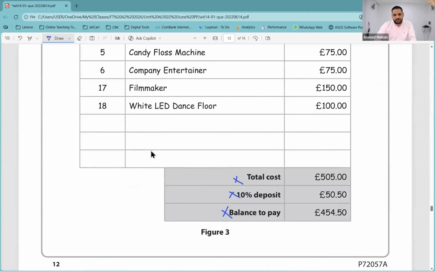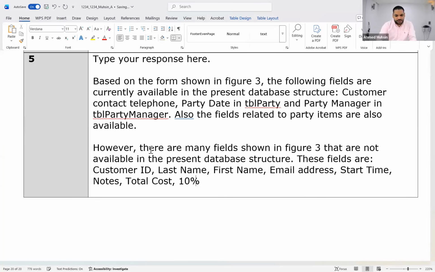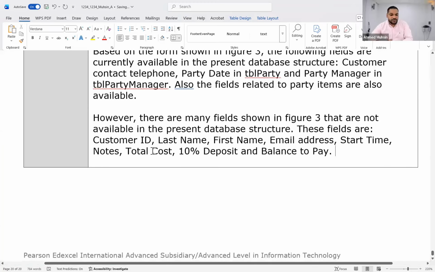Total deposit, 10% deposit, total cost, 10% deposit, and then balance to pay. However, there are many fields shown in figure 3 that are not available in the present database structure. These fields are